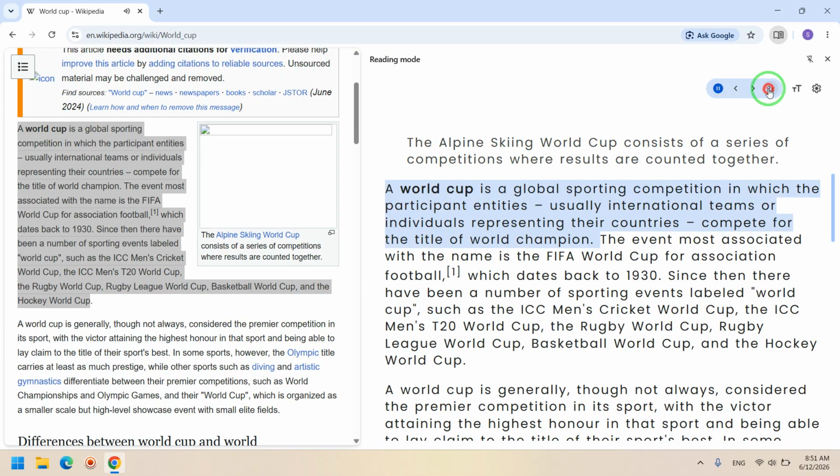A World Cup is a global sporting competition in which the participant entities, usually Thanks international for teams or watching this individuals video. representing